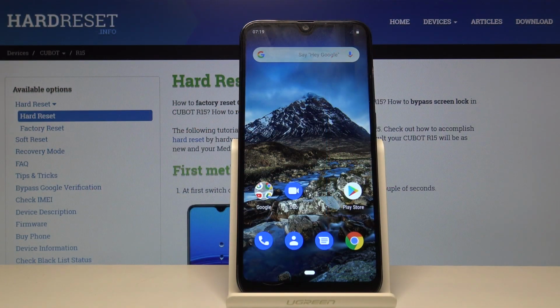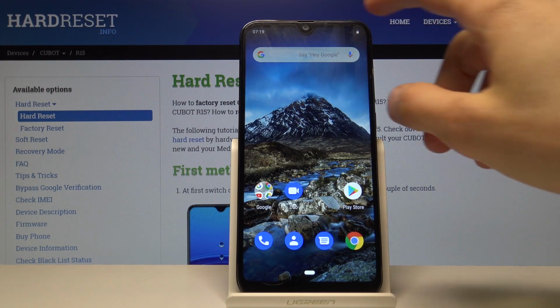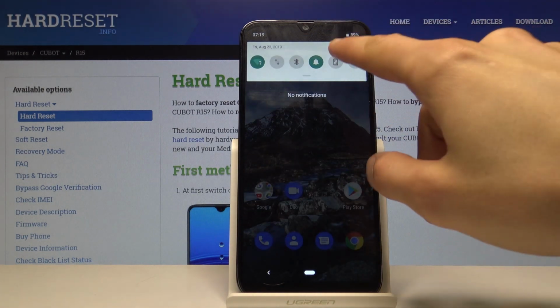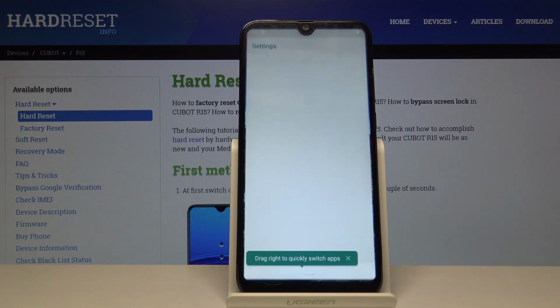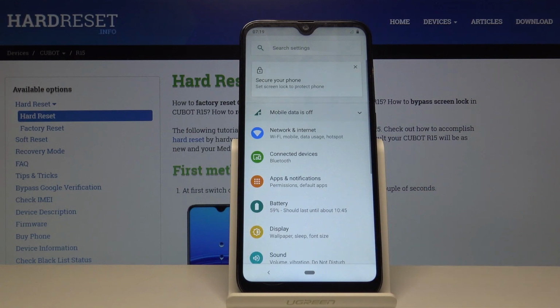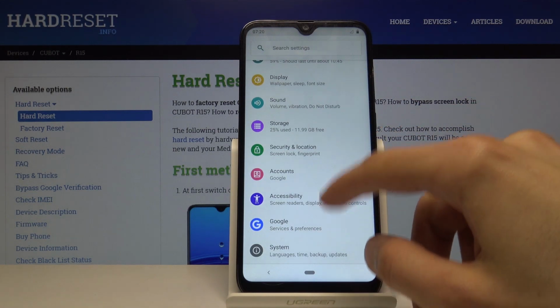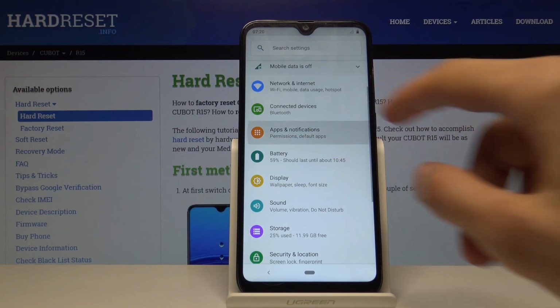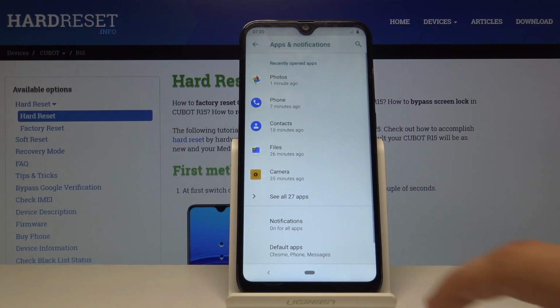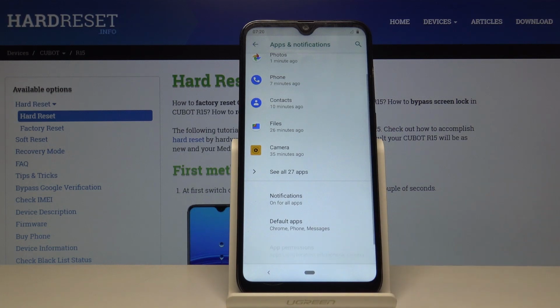Welcome. In front of me is a CUBOT R15, and today I'll show you how to enable unknown sources. So to get started, we want to open up Settings, from here let's navigate into Apps and Notifications, then tap on Advanced,